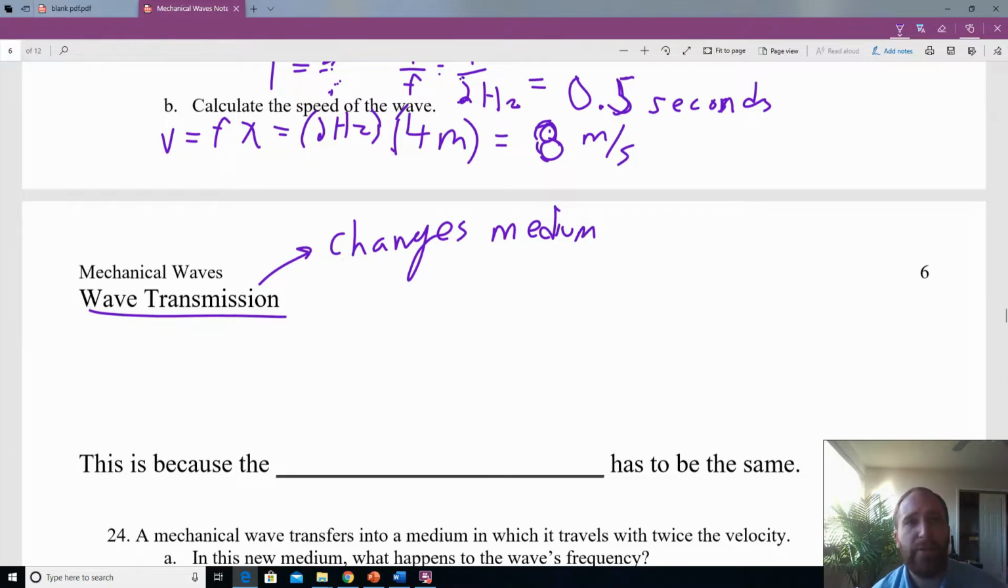Sound can change medium. You can hear sound through solid objects, like it can move through the air and then through maybe a wall and then through the air again. So waves can change medium. There is one thing you need to remember about that. When a wave changes medium,